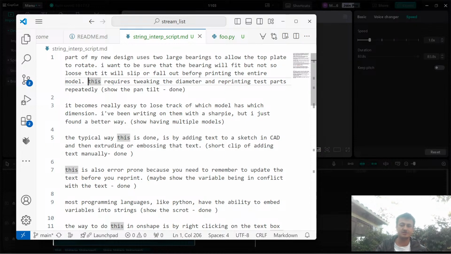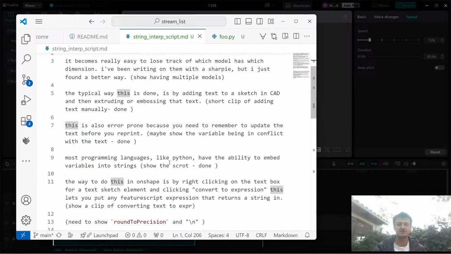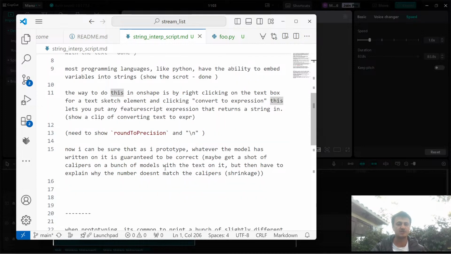This is error-prone because you need to remember to update the text before you reprint. But most programming languages like Python have the ability to embed variables into strings so that this problem never occurs. The way to do this in Onshape is by right-clicking on the text box for a text sketch element and just clicking Convert to Expression. I'm so glad I found this. It lets you put any FeatureScript expression that returns a string into the text box. So you can round to a certain precision. You can do all sorts of things with this. And now that when I prototype,